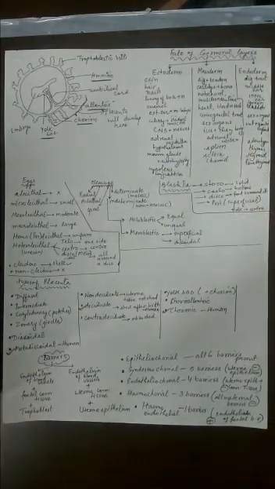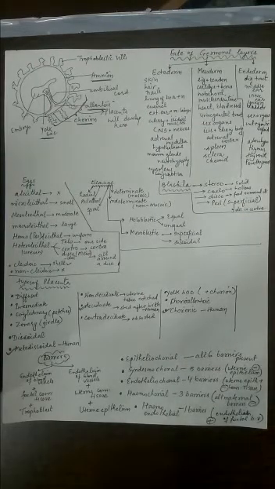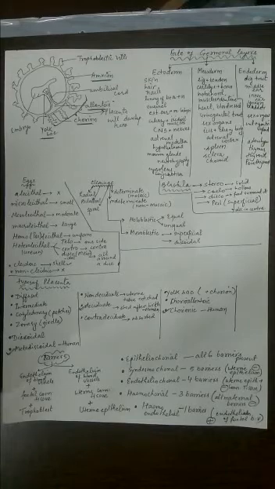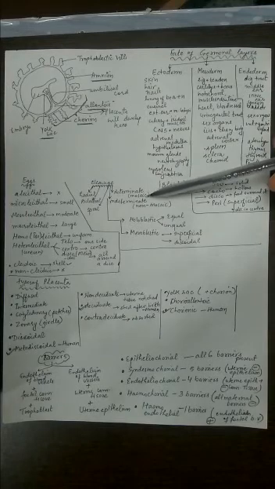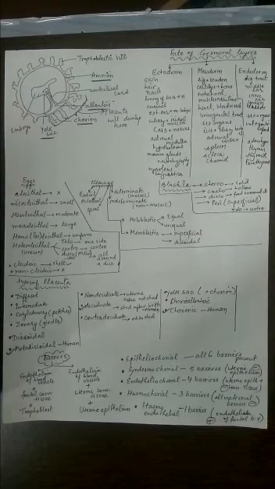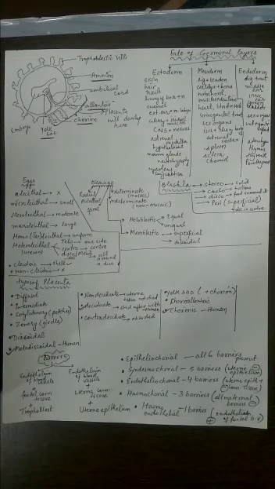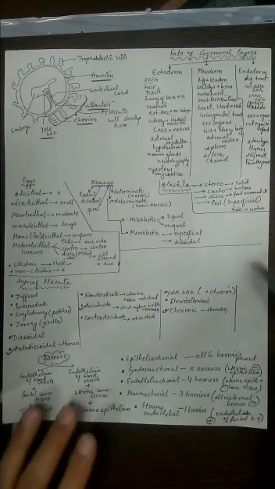Then sometimes the zygote divides into a number of cells, and some cells give rise to some part of the body and some cells give rise to another part of the body. In that case, it is called mosaic type of cleavage or determinate. But if every cell can give rise to every type of body part, that means there is no such determination, in that case it is called indeterminate or non-mosaic type of cleavage. Then another method possible is, if a cell